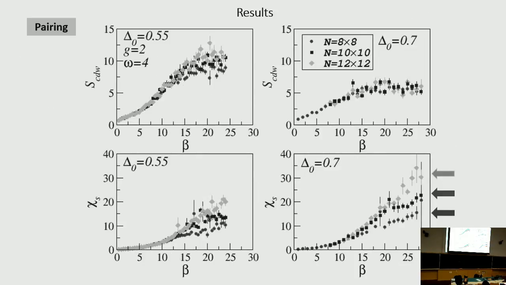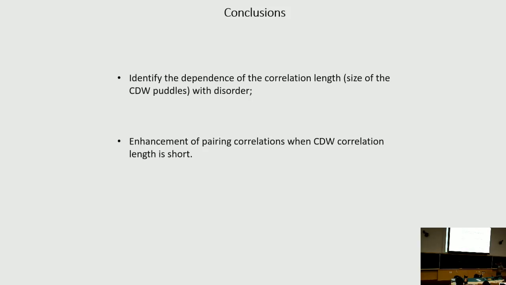And we see this in other results, like here, where, for instance, when we have a large disorder strength, the pairing susceptibility has a very strong dependence on the lattice size. As I told you, for someone who works with Monte Carlo, it means that we probably have long-range order here. But we're still working on this problem, and it's not finished. Some partial conclusions are basically that we can identify the size of the puddles, and more, we can say some